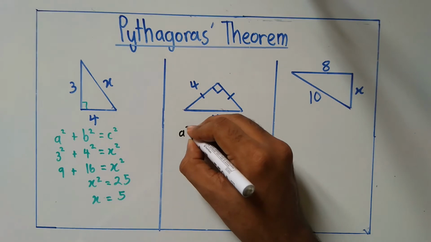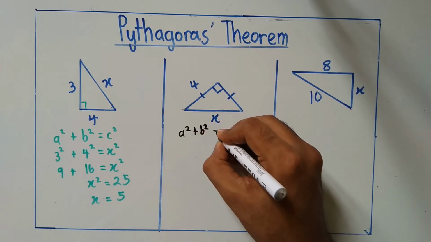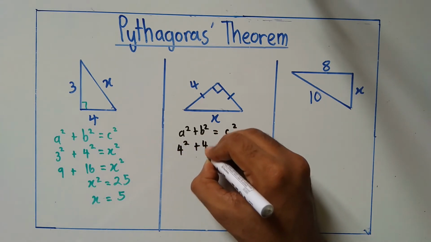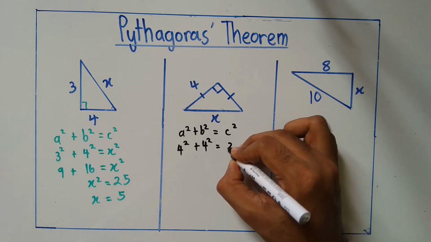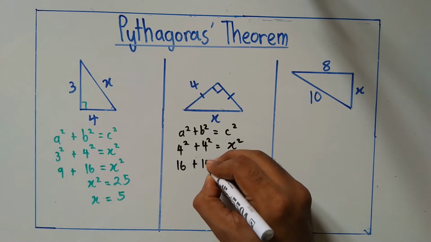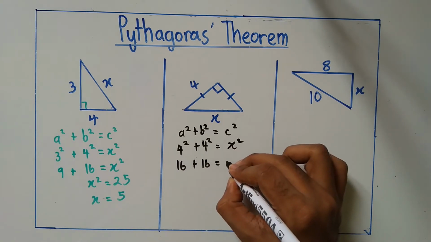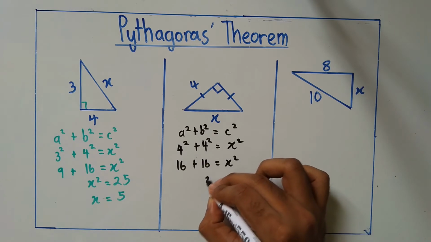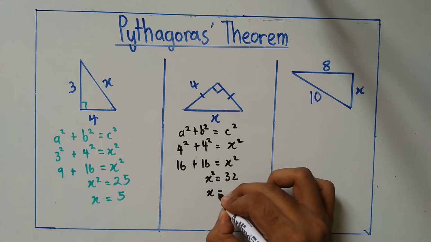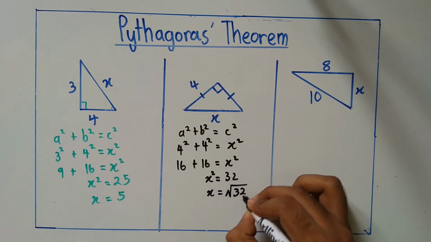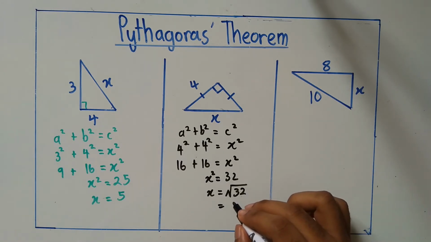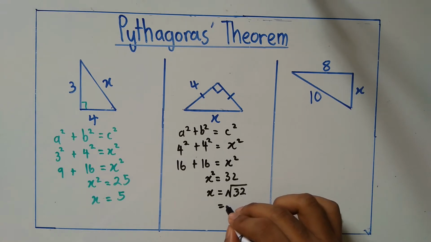Use the Pythagoras theorem again. Then you use a calculator to solve for square root of 32. You will get